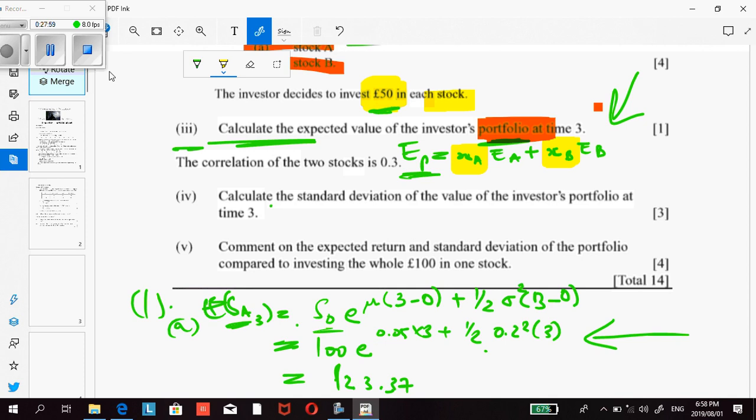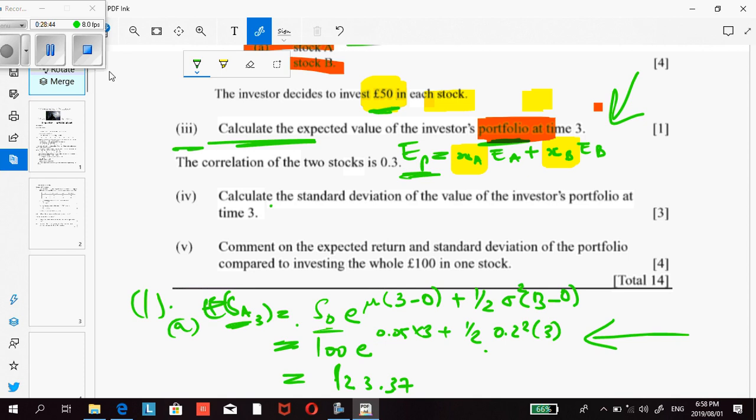proportion is like your total. So if I'm saying to you, you wrote your actual exam, which was out of 100, and you got 20, and I asked you what is your proportion. Your proportion will be what you got divided by the total. If I'm saying you wrote your physics exam and you got 5 out of 50, so your proportion will be 5 out of 50. So coming here, trying to explain here, if I'm investing 50 in each, that means I